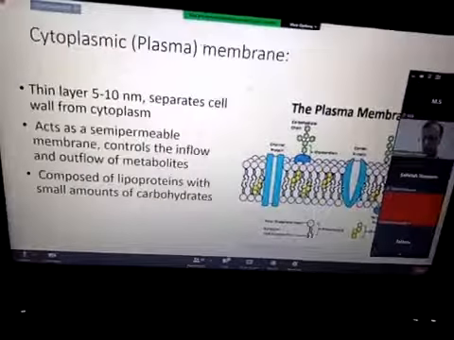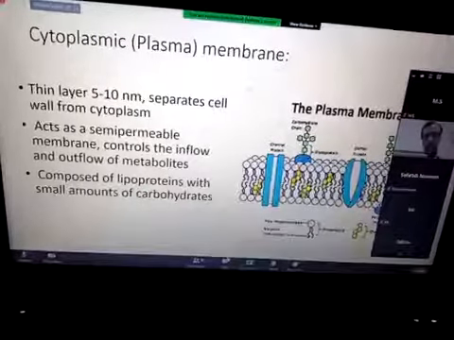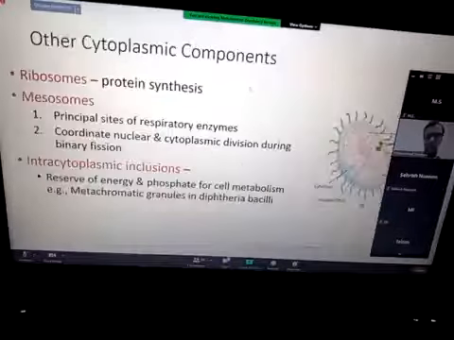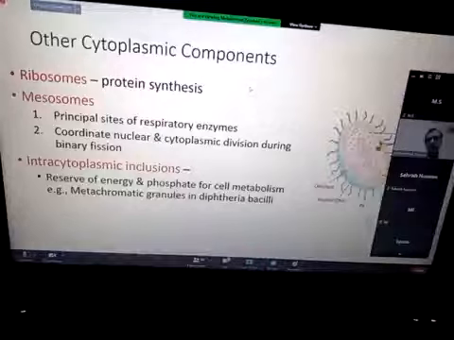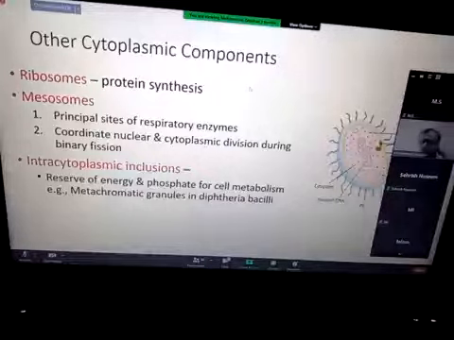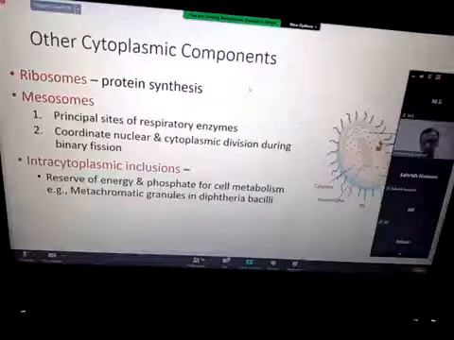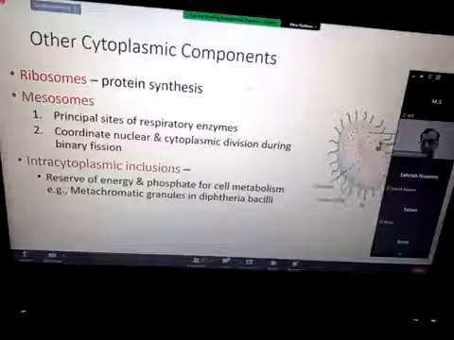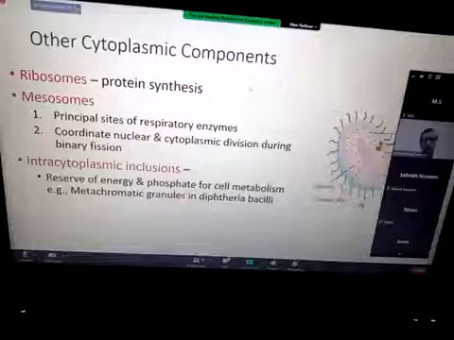So these are the different carbohydrate chains on the surface of that. So the cytoplasmic membrane is a very important component. If we go from outer, then cell wall, capsule, cell wall, plasma membrane, then comes the cytoplasmic component. Here, cytoplasm is not very complex. It has a few things like ribosome, which helps in protein synthesis, and many antibiotics like tetracycline,